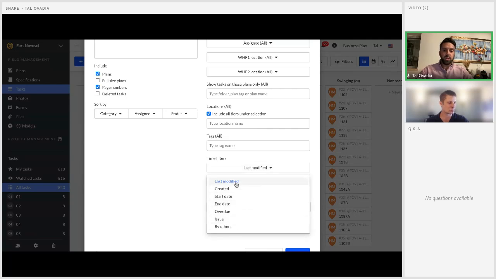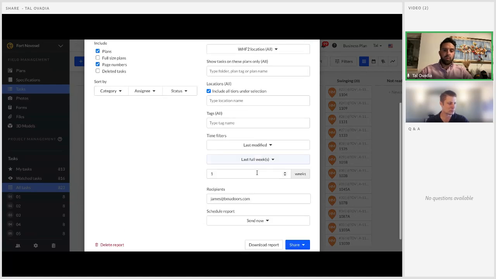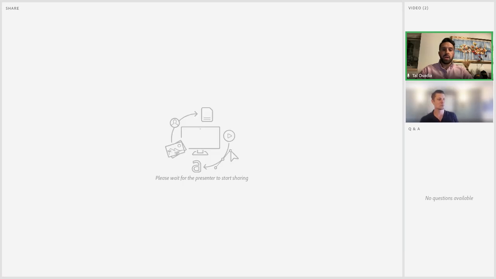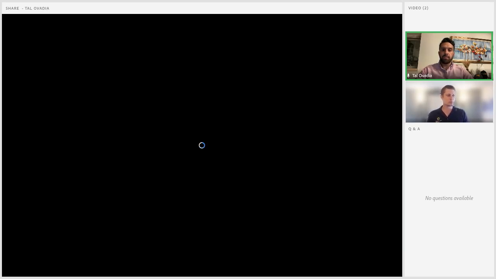So we say last modified, and we can create filters for however many weeks we want to look at. And when we print that report, I'll just share this other screen real quickly to show you what that report looks like.